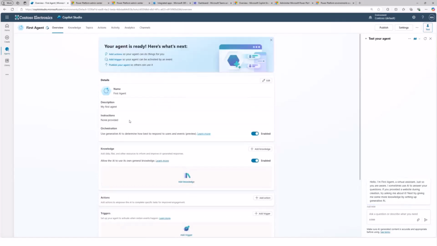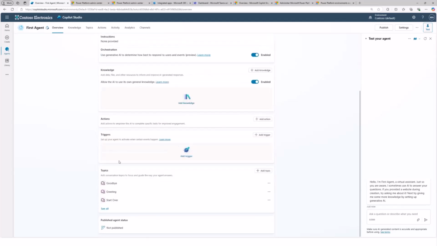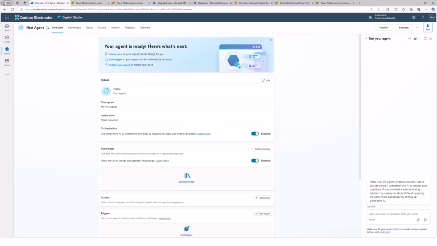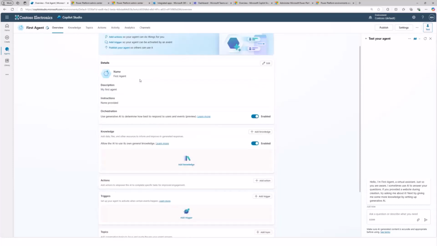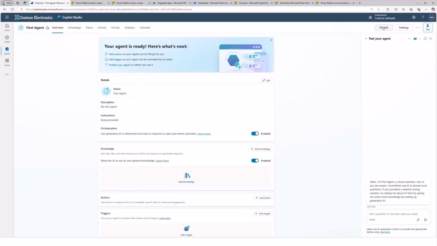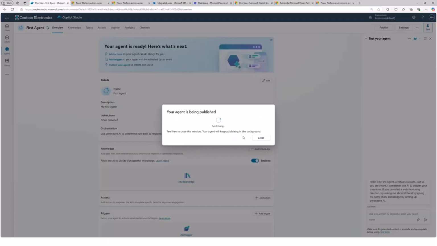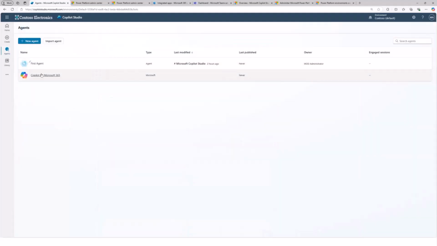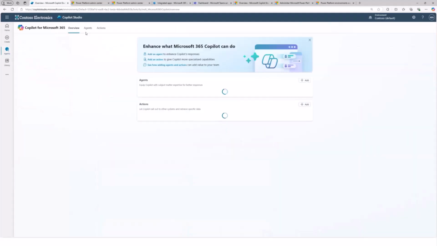So if you look at this agent here, this is not published. I thought I published it. Oh, the other one is the one that you can publish. But okay, so we can publish it here, right? And once this might take time. Okay, so let's just go back to that agent, the other agent that I have already published. So this will be for Copilot Studio.